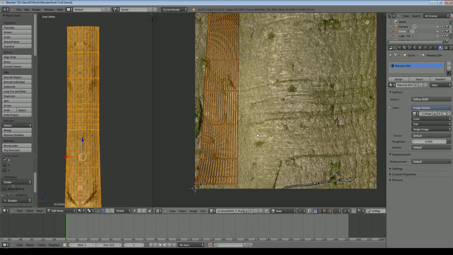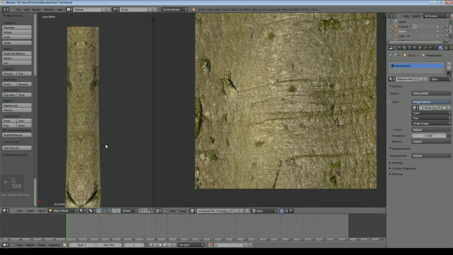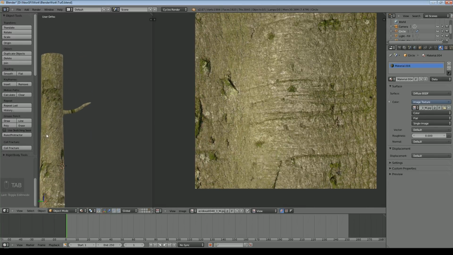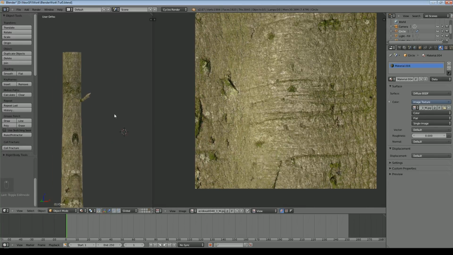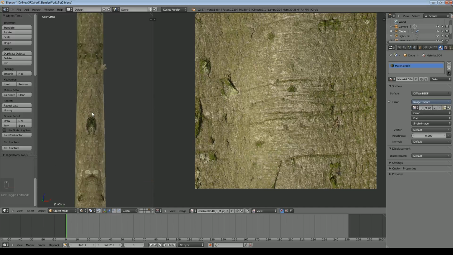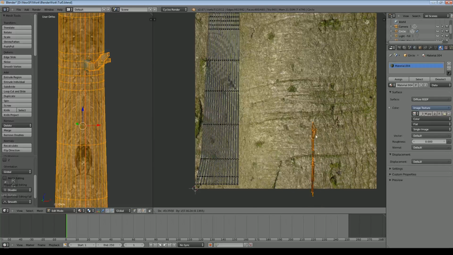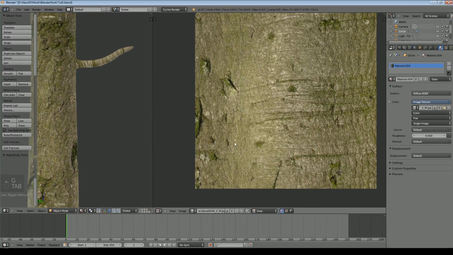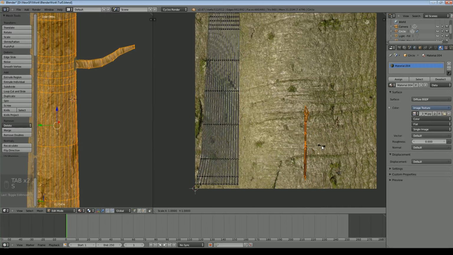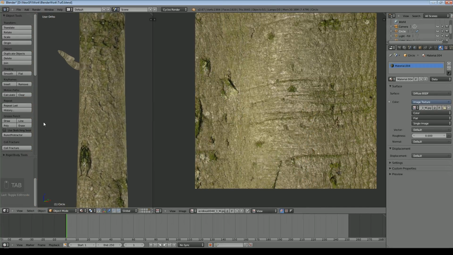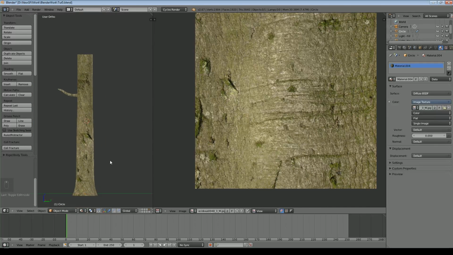There are other ways of doing this. It depends really on how close the object's going to be and so on. That'll do for now. It's by no means right, and I also need to do something with this. If we rotate it, scale it on the x-axis, we'll start to get a bit more detail there. So that's not perfect, but for tutorial purposes that's fine. So you can do that sort of thing to try to improve the effect.